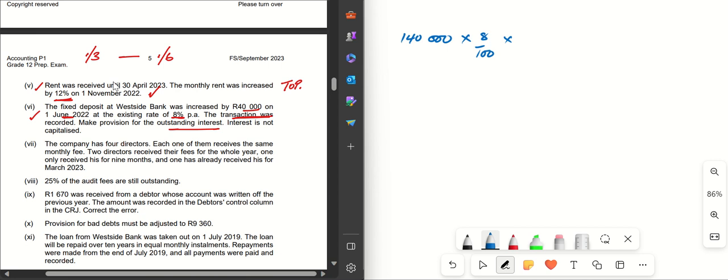So we are going to have how many months? Let's count again. We're counting March, April, and then we're going to have May. Because it increased on the 1st of June, we're going to have 3 months. So it's going to be 140,000 times 8% times 3 over 12. And then that is going to give us